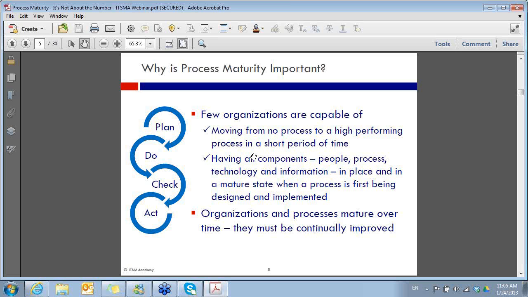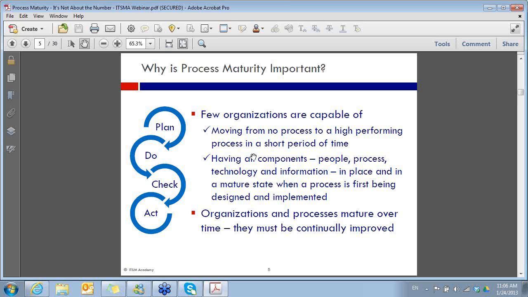Few organizations get it right the first time out of the gate. Either your processes are too simple, and so they're not really driving the performance that you want, or they're too complex. Maybe you have processes that are just way too bureaucratic, and they're really preventing your organization from moving as quickly as we all need to move in this day and age.